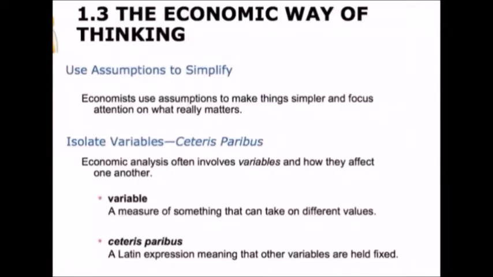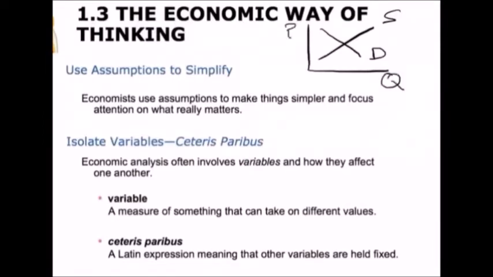We're going to have a demand and a supply. And then we're going to try to look at how the decisions of producers interact with decisions of consumers, and how those interactions determine the quantity and the price of a good or a service. Now, when we build this model, which we're going to learn a lot about in this course, we have to make assumptions to simplify how the world works.